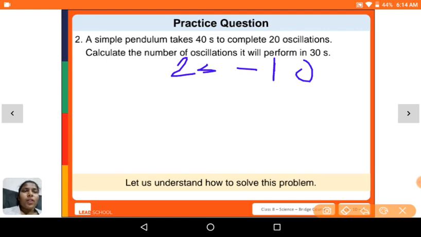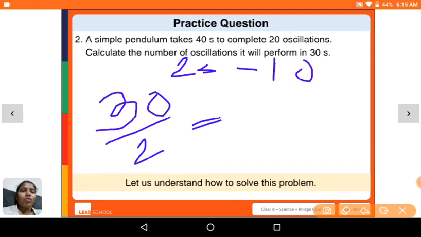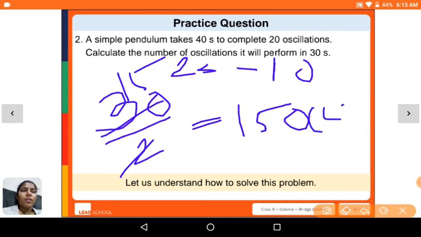So calculate the number of oscillations it will perform in 30 seconds. Now we have to calculate the number of oscillations that it will perform in 30 seconds. The total time is 30 seconds, and for one oscillation it will take 2 seconds. So 30 divided by 2 is 15. So 15 oscillations are done in